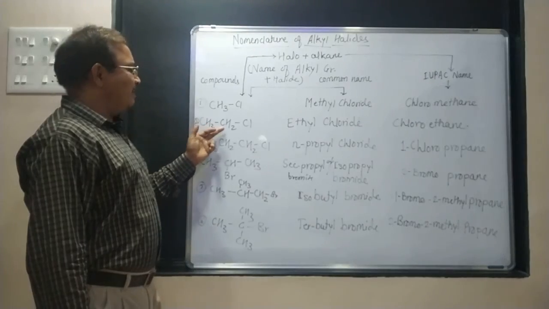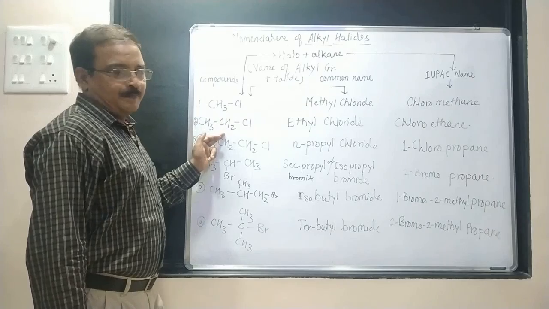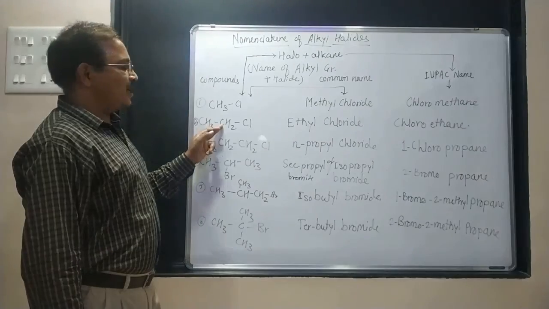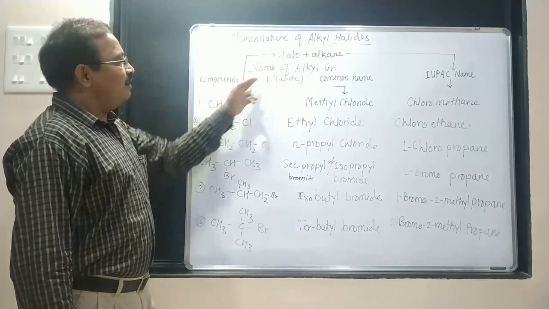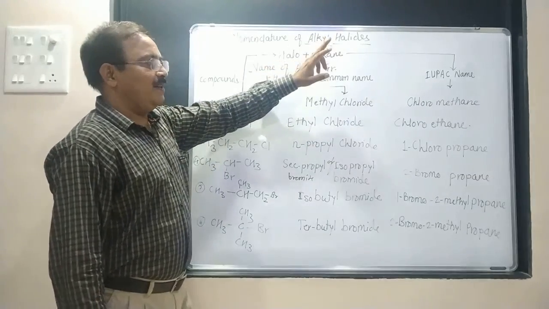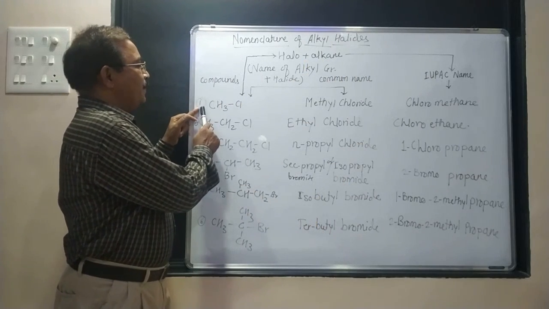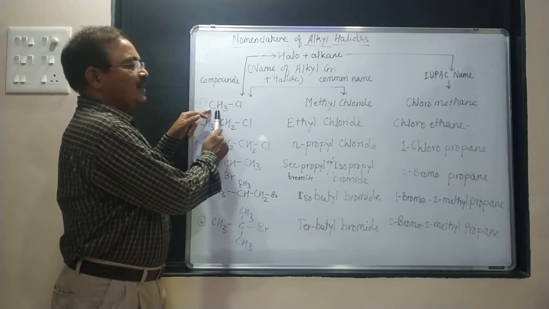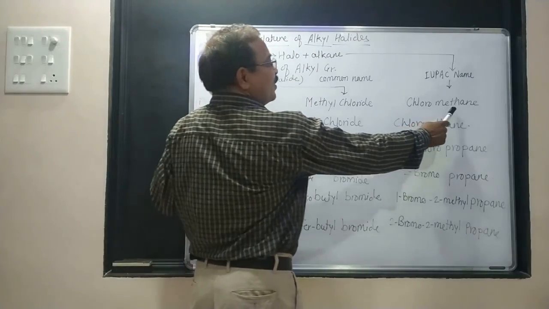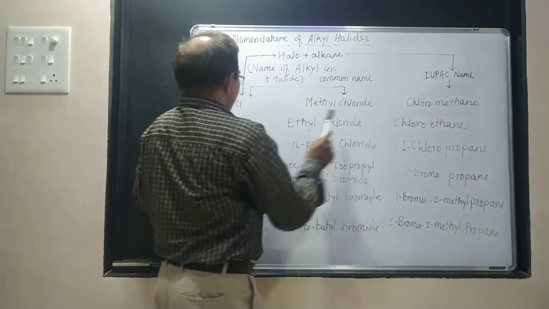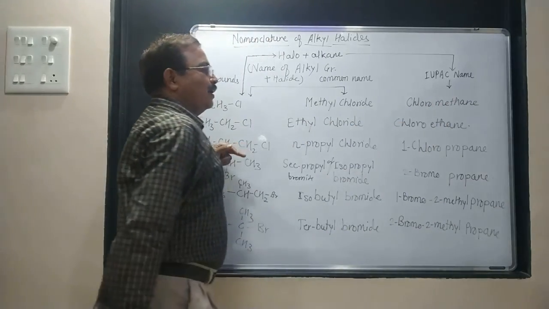Then how will we come to know which alkane is present? This simple thing we can do here. We can count the number of carbon atoms. Here the number of carbon atoms is 2. So the corresponding alkane will be ethane. Okay. So the rule is haloalkane for IUPAC names. So let us see the first compound, CH3Cl, containing one carbon atom. So the corresponding alkane will be methane. And as chlorine is there, chloromethane is the IUPAC name.